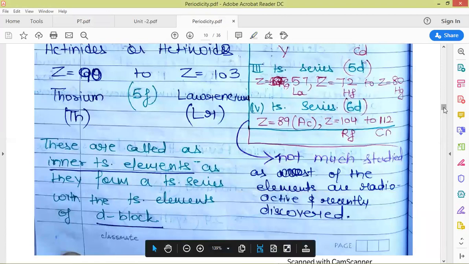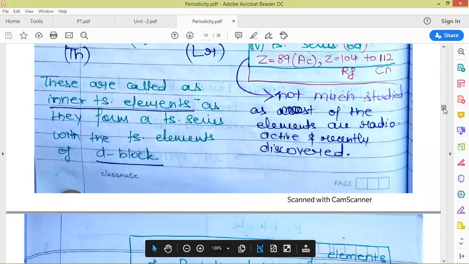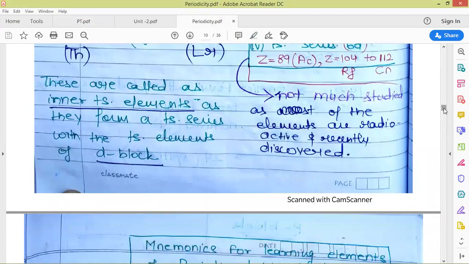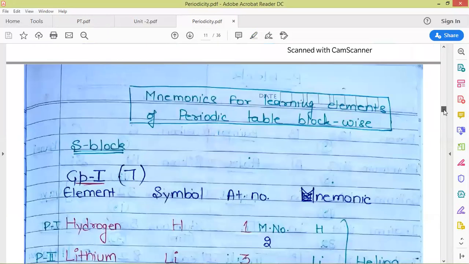So this is all about the periodic table and how the modern periodic table has been divided. There are 7 periods, which are the horizontal lines, and there are 18 groups, which are the vertical lines. There are 14 short groups placed just below the periodic table. Those are called F block elements.